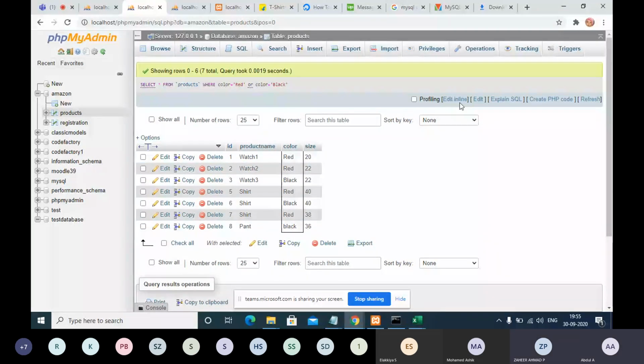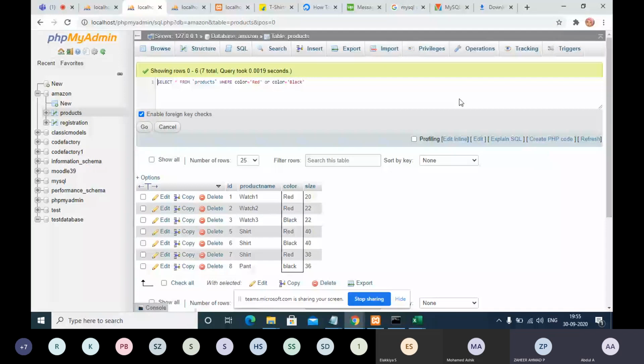If I now edit the query and add, for example, these two conditions, that is why I am telling you the difference between AND and OR. AND means both should be together.